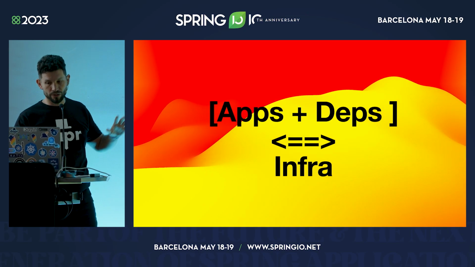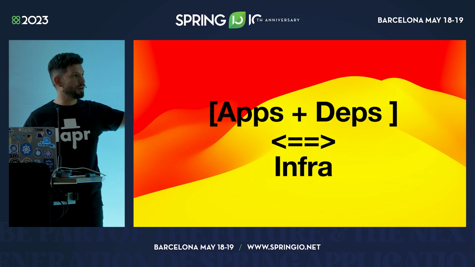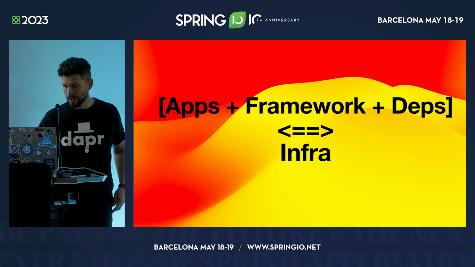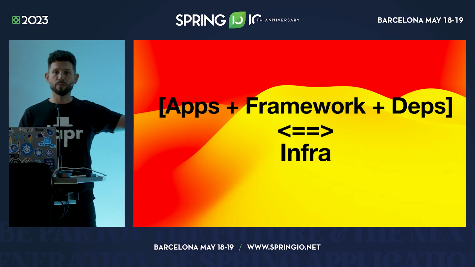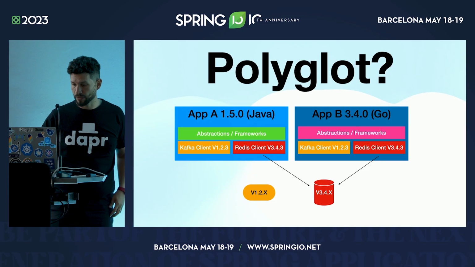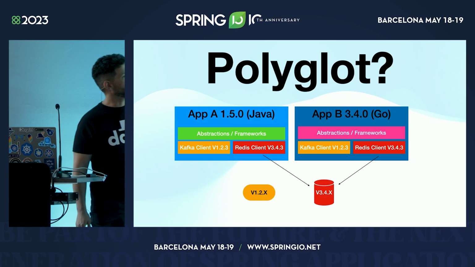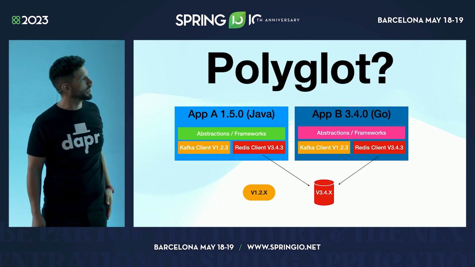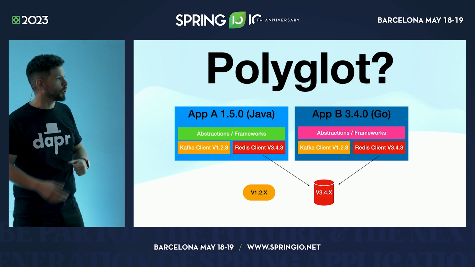So for now, we are talking a little bit about applications and dependencies. There is a relationship there, there is a coupling there that we might want to start breaking up. It gets a little bit worse when you add frameworks and when you go into, again, the polyglot world, right? So if you have applications in Java and in Go, you will have different abstractions for different kinds of connections. In this case, if you want to have some connections to Redis, you will choose a library to do that, and then you will have a client for Go.